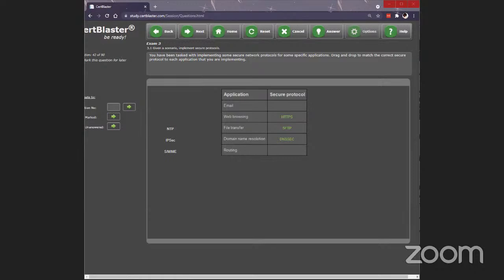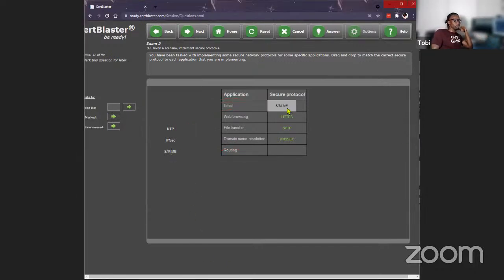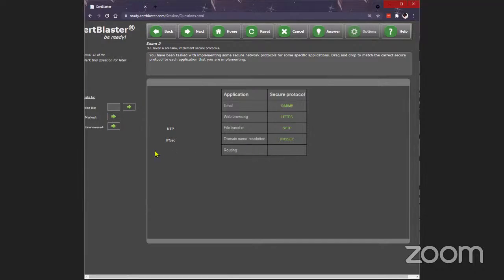That's 123, Network Time Protocol. That was a good catch. NTP uses 123. Would you put it at email routing? No, that's S/MIME, which is how we encrypt our emails. Correct. And then IPsec will go here.